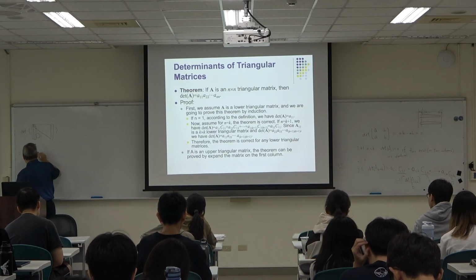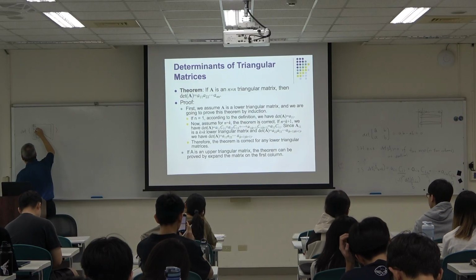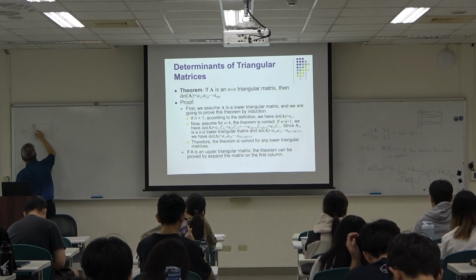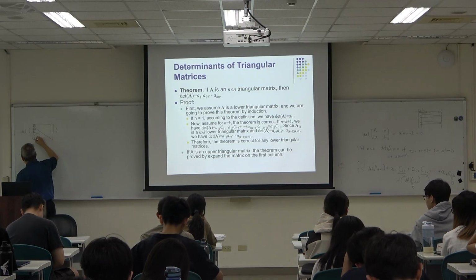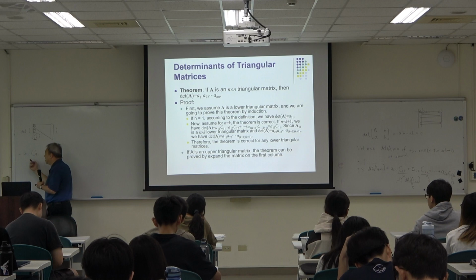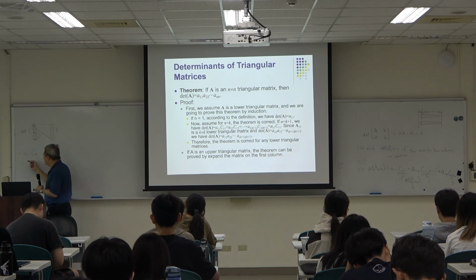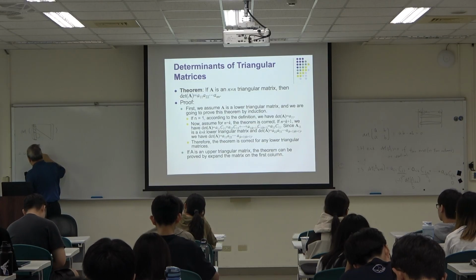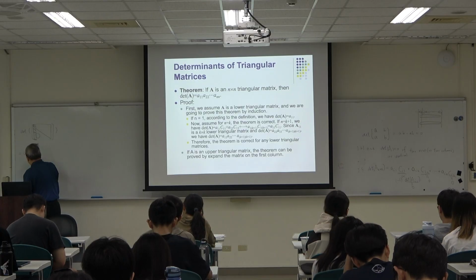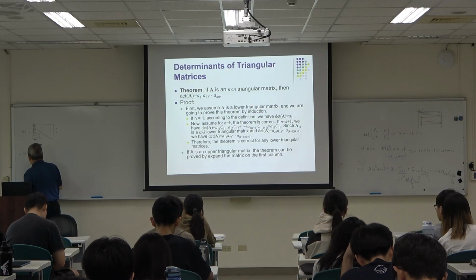Because A21, A31, up to An1 are all 0, all the other terms are gone. Then you look at C11: it's negative 1 to the power of 1 plus 1, times